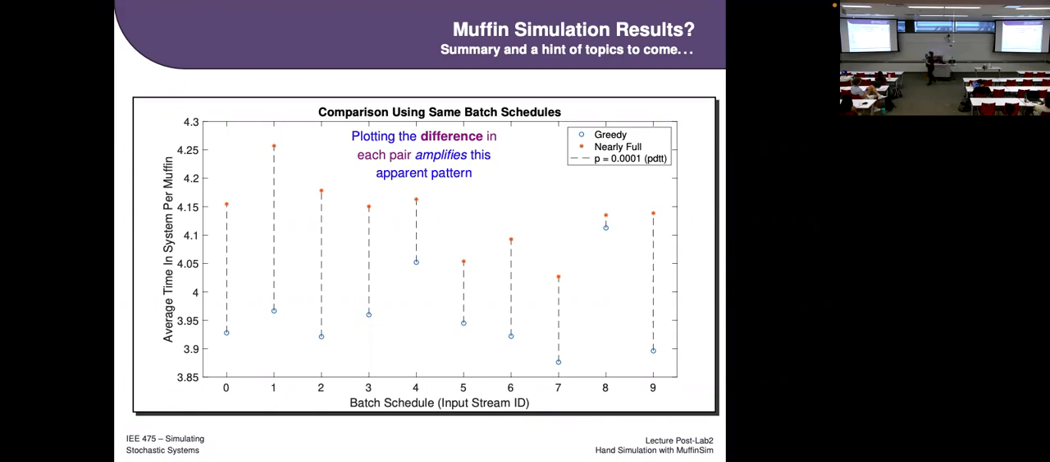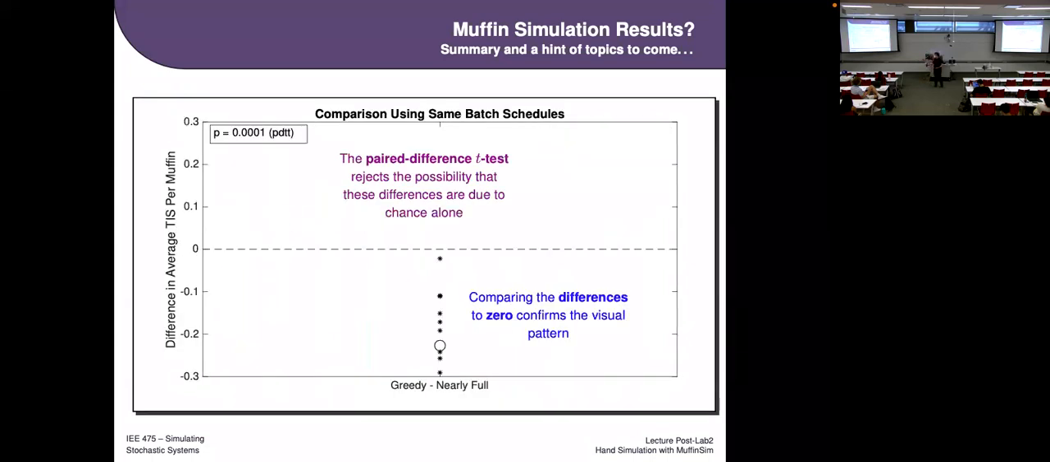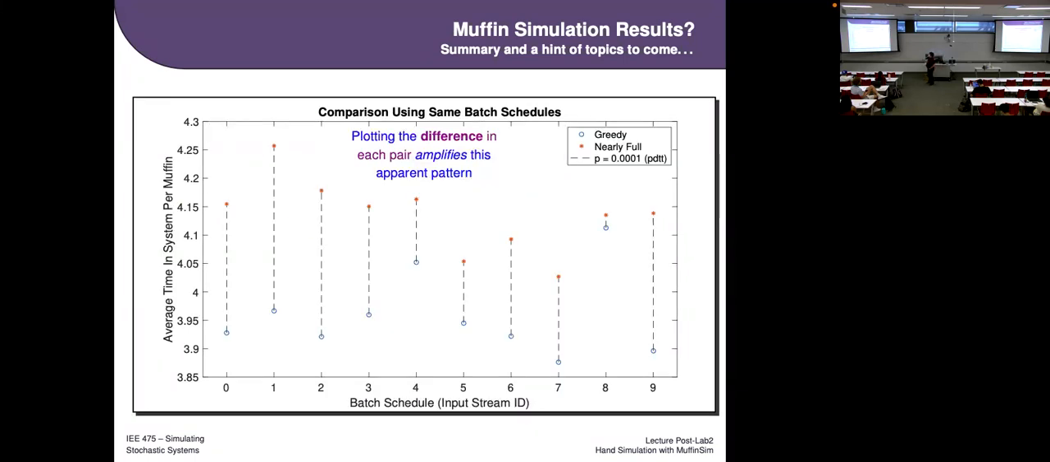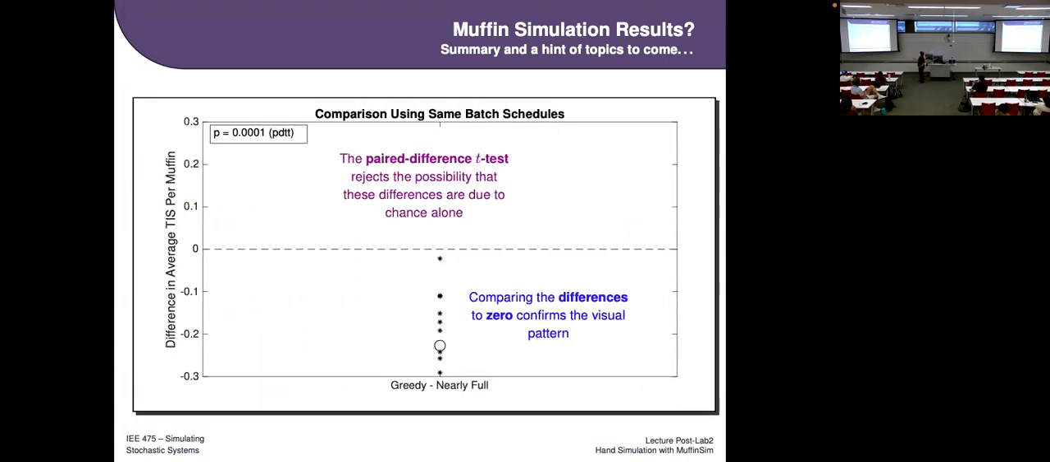Okay, and so if I really want to make this rigorous, what I'm going to do is take the length of each one of these dashed lines, and I'm going to plot it and compare it to 0. And that's what I've got here. Notice that back here, this one's pretty short, this one's pretty long. And so I'm basically going to take, I think I say here, greedy minus nearly